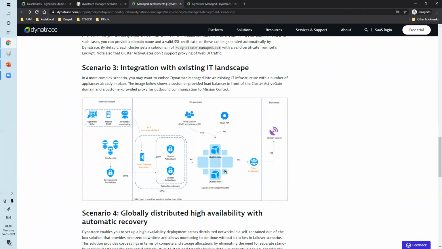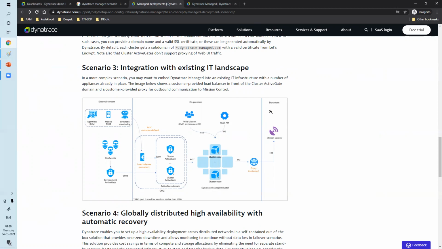So the customer need is: I don't want to pass the information directly to mission control. I would like to have one proxy in between, so at least I can understand what data is getting passed over here. For the safer side, we have added one proxy.